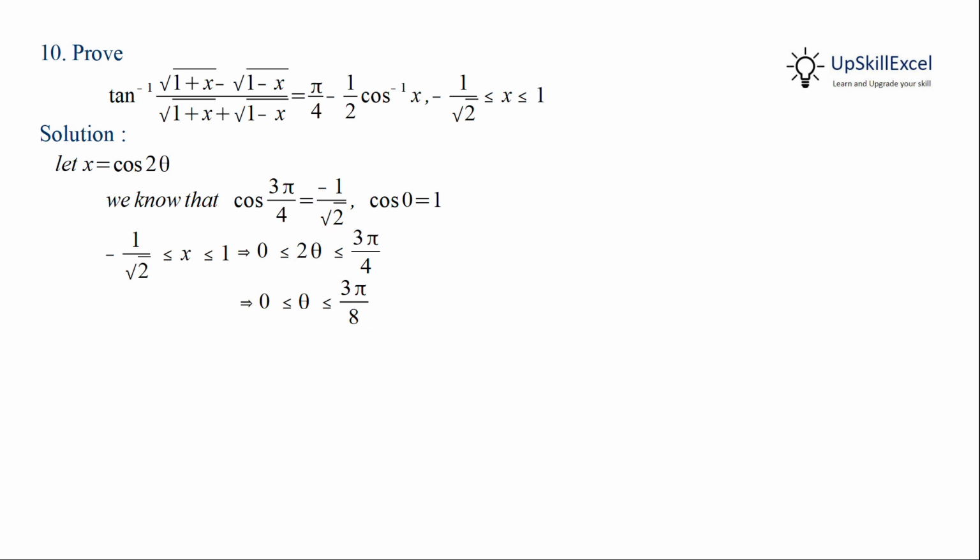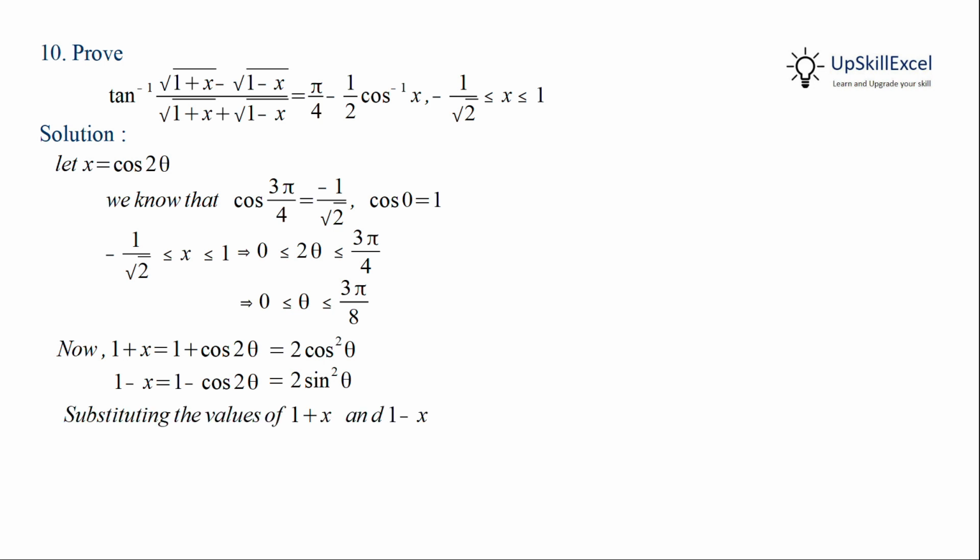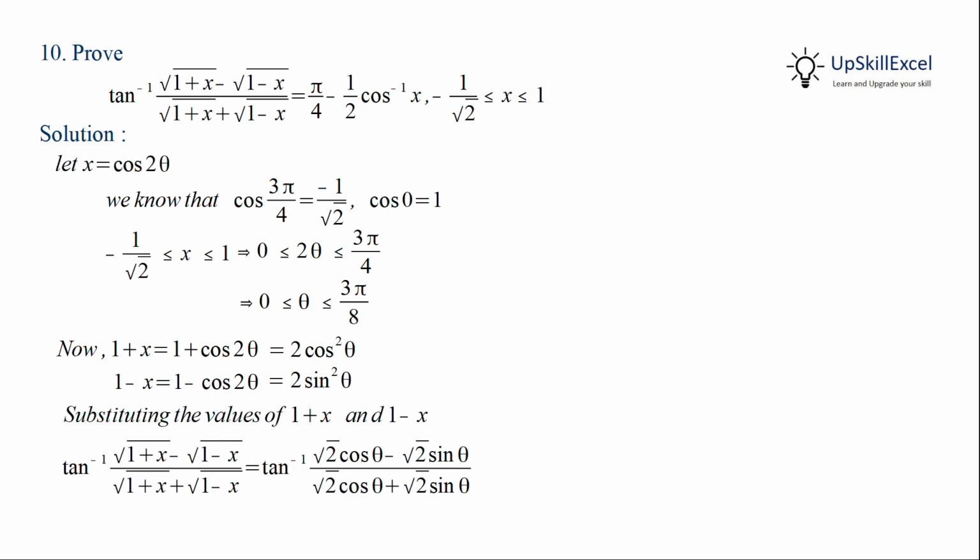Now from the assumption x equal to cos 2 theta, we can find 1 plus x, which will be equal to 1 plus cos 2 theta, and this is equal to 2 cos square theta. Same way, 1 minus x is equal to 1 minus cos 2 theta, which is equal to 2 sin square theta. Substituting 1 plus x and 1 minus x on the left hand side, we get tan inverse of root